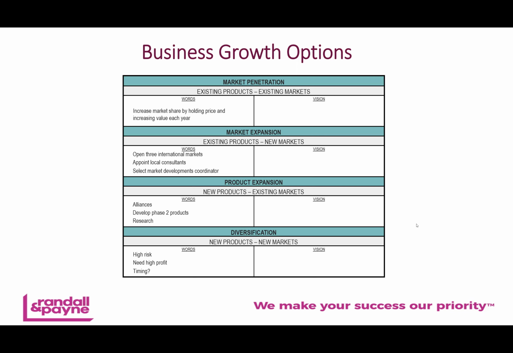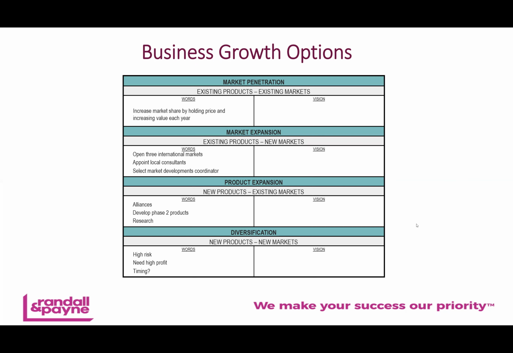So another alternative is obviously to work with our existing customer base and the market that we're in, and introduce a new product. So this again is quite common. We start to think about what customers are buying, what else they are buying, what other products they are buying, and whether that's allied to our existing product. So we can add that into our portfolio, introduce that, and look to sell that into our existing customer base and that market segment that we operate in. So again, quite a classic approach to growing sales.